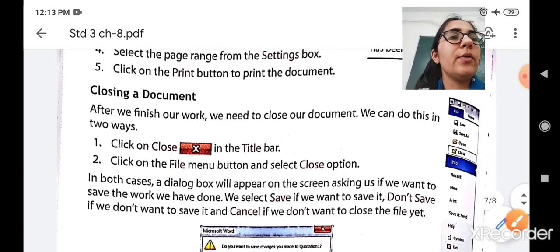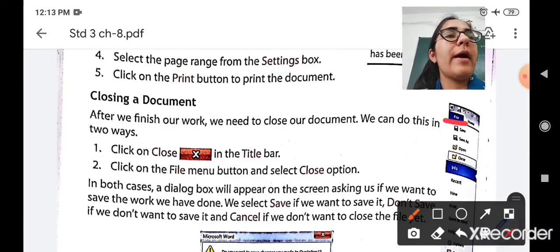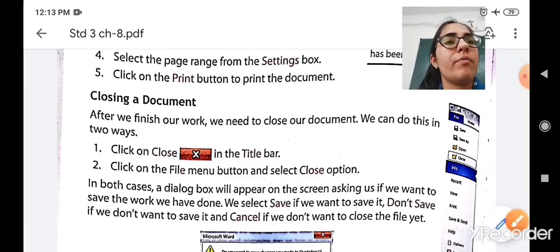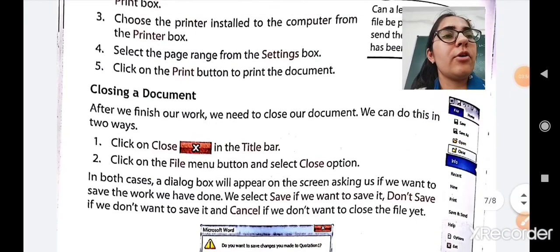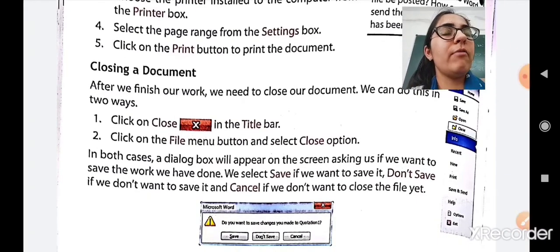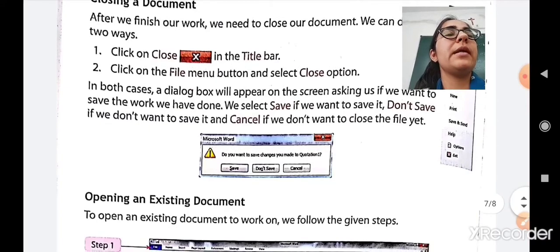Okay, so now here you can see that if you want to close a document using the file menu button, then you have to click on the file menu button, and you will see a close option there. You have to click on that close option and your document will get closed. So for closing a document you have to follow the steps given below. First, either you can click on the cross sign available in the title bar, else you can go to the file menu button and select the close option, and you will see a message box displayed in front of you that says if you do not save your document, you can save it now, else you can cancel it and again work on your document.